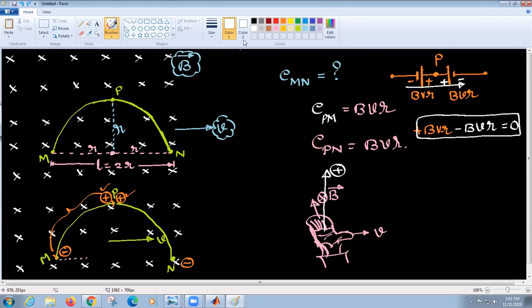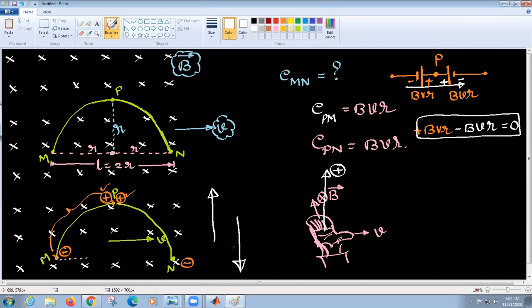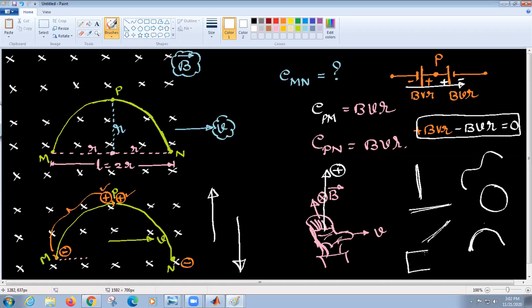This complete setup, whatever setup you have, try to move it up, or move it down, and please find what you are going to get. So we worked with a conductor vertical, we worked with horizontal, we also took inclination, some random shaped wire, a circle, and now this one. Go home and verify also with rectangular and square loops.